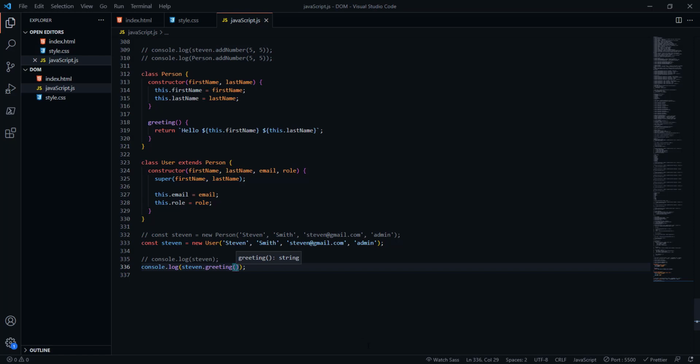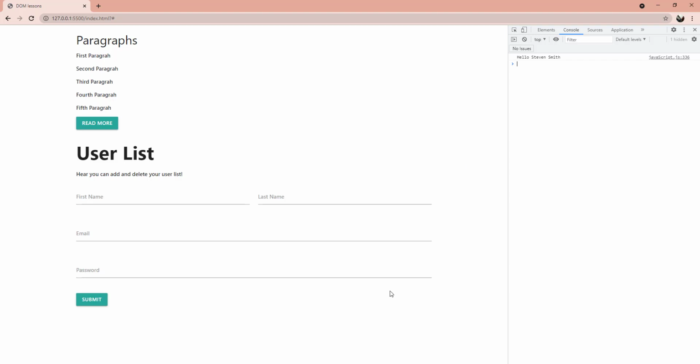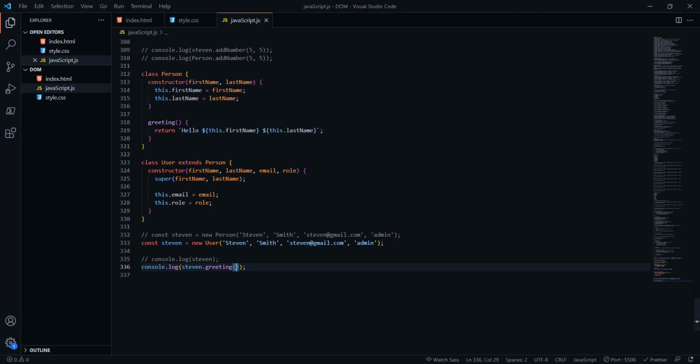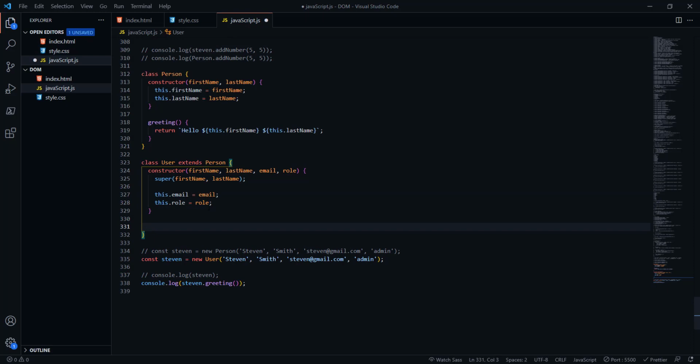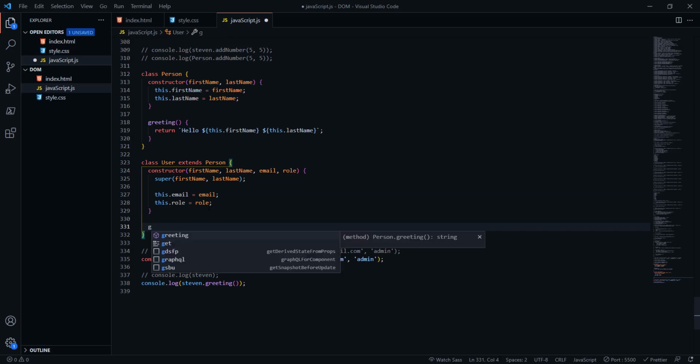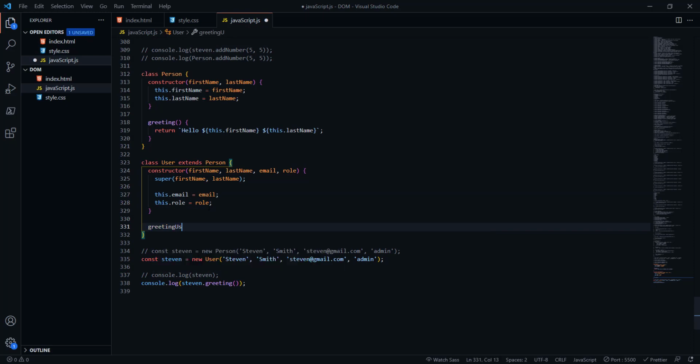Save. We got hello Steven Smith. When we use the user, we also can use the method in the prototype, which means the prototype in the person. But when we put inside there, greeting user, we assign it,